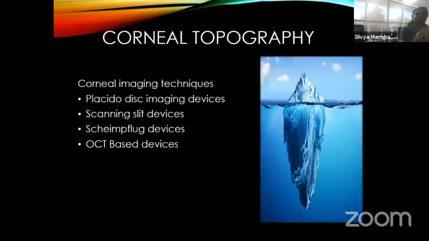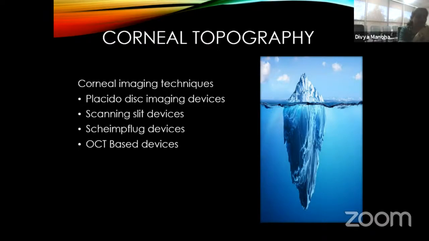As we all know, corneal topography is a non-contact imaging technique that maps the shape and features of the corneal surface. We generally compare it with the tip of an iceberg. The topography devices give us an idea about a large part of the anterior segment. However, complete pachymetric evaluation is not possible with topography. For this, we use corneal tomography, which evaluates the whole cornea by obtaining information from both the anterior and posterior corneal surfaces. They are also able to reconstruct a three-dimensional image of the anterior segment.